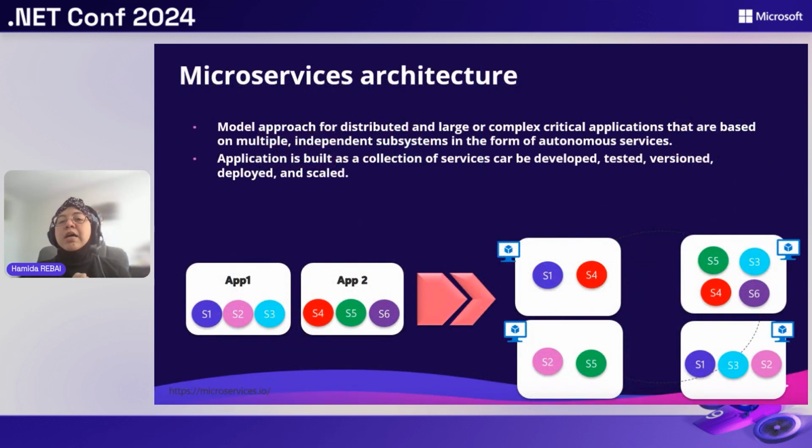So microservices are the natural evolution of service-oriented architecture, but there are differences between microservices and service-oriented architecture. So let's talk about some characteristics of microservices. Inside a microservices architecture, services are really small, independent, and loosely coupled. Every service is a separate code base, which can be managed by a small deployment team, which means that for every service or microservice, we can have a separate team, even if it's the same application.